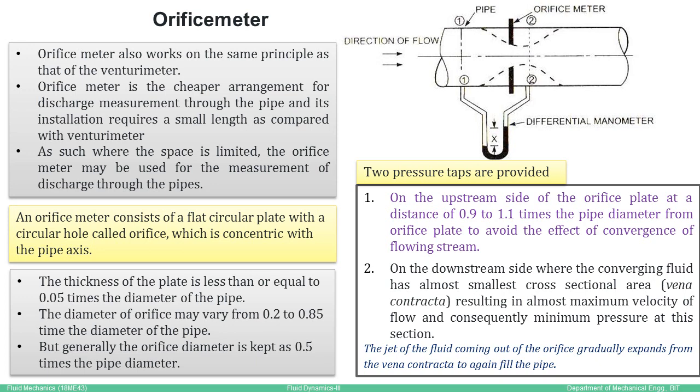And look at that, the jet has to diverge once it becomes minimum cross sectional area, again it will diverge towards the pipe circumference. In doing so there will be inevitable loss in energy compared to the venturimeter. Here the losses are higher, whereas in the venturimeter the divergent section helps us to recover the losses, but in this case the loss is inevitable, and because of that the coefficient of discharge is very low, close to 0.6.